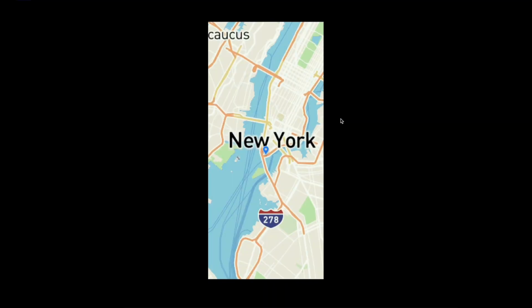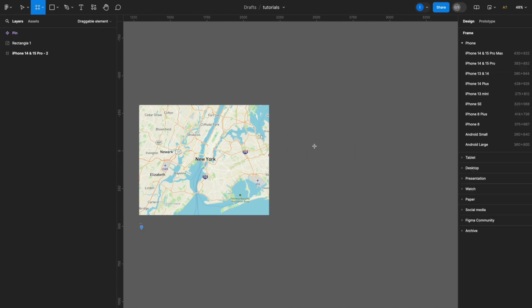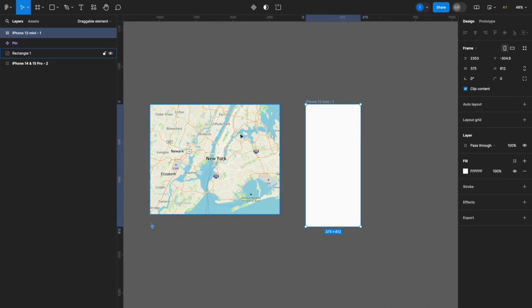Hello everyone, and for today's Figma quick tip, I'm going to share with you how to create a draggable object within Figma. So let's create a prototype with this pin being a draggable icon that you can drop at any point on this map. So first I'll create a frame here,